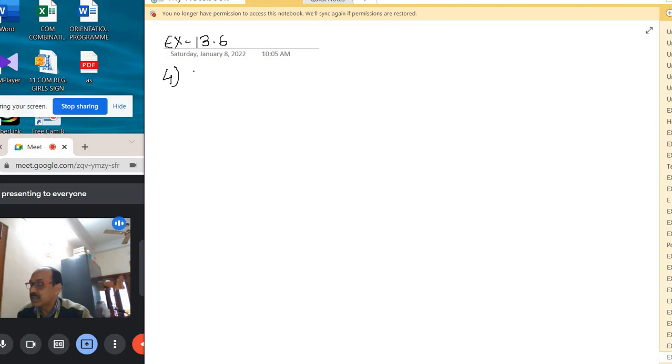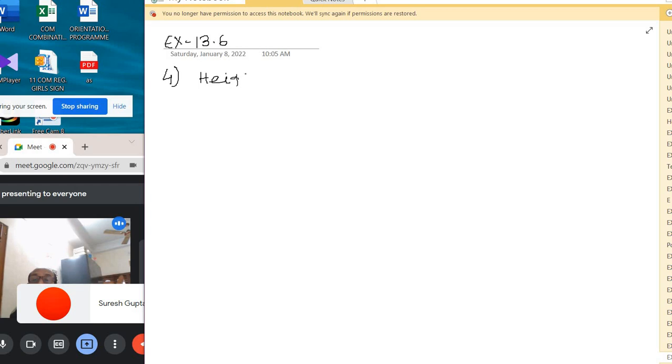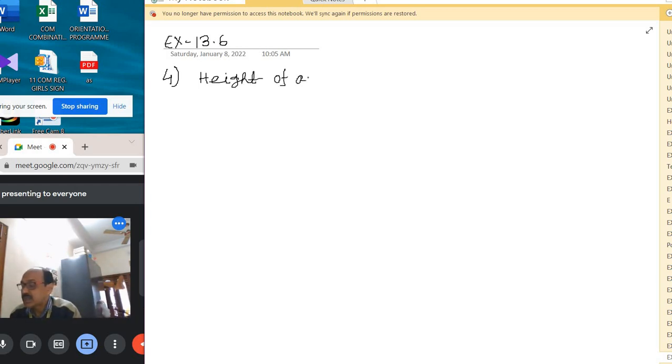So height of the cylinder is 5 centimeter, and curved surface area or lateral surface of a cylinder